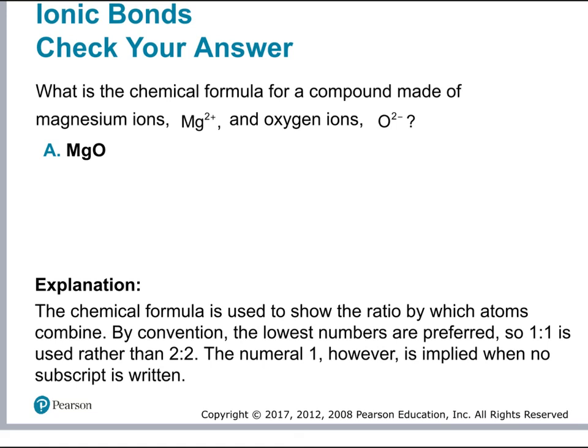Okay, so just to remind ourselves of what all this means, we have atoms that have been ionized. They've been formed into ions that have positive charges and negative charges. And those opposite charges create a force of attraction that holds those atoms together. And that force of attraction is called a chemical bond. And so the particular type of chemical bond that we're talking about is what's called an ionic bond, where you have a bond between 2 ions,